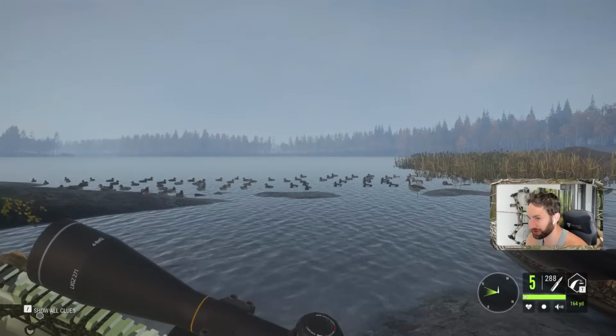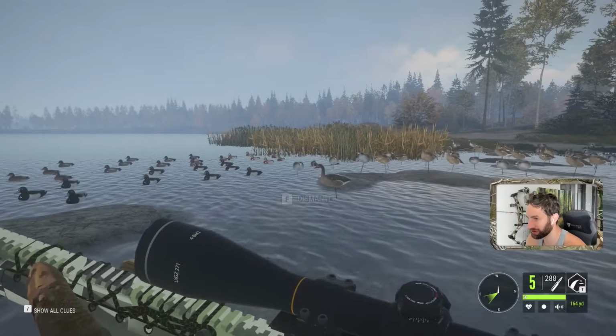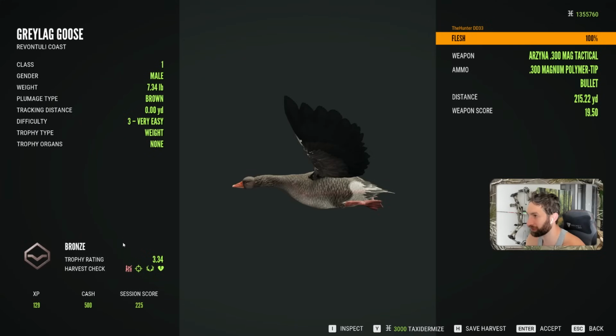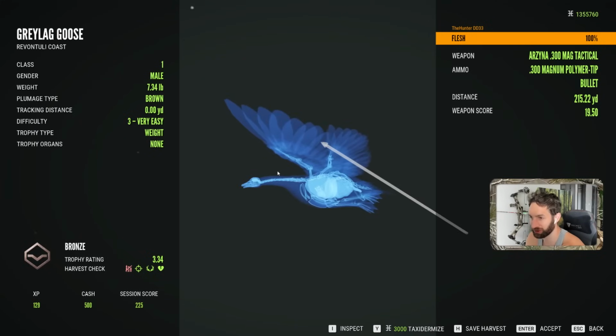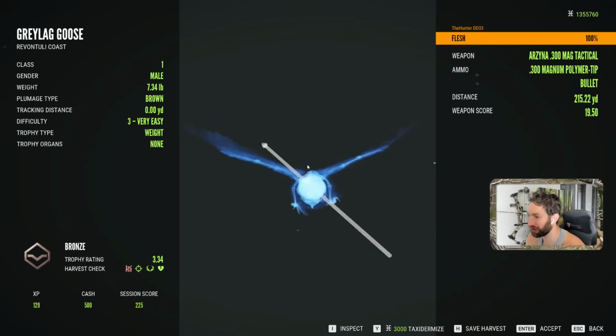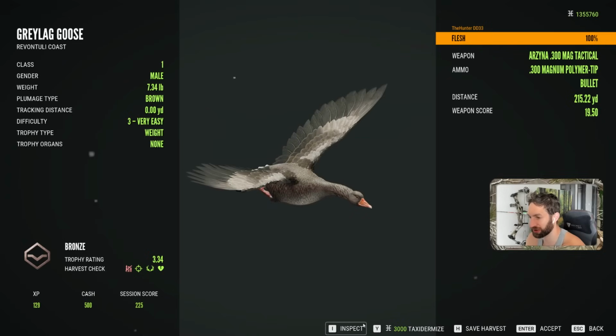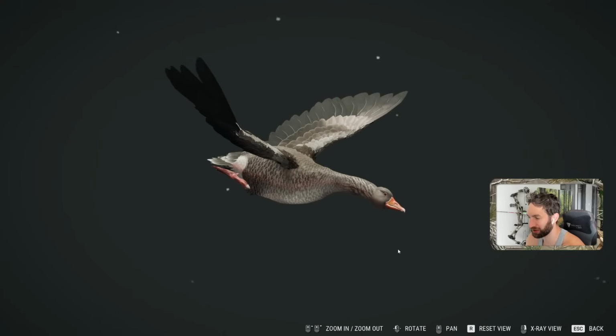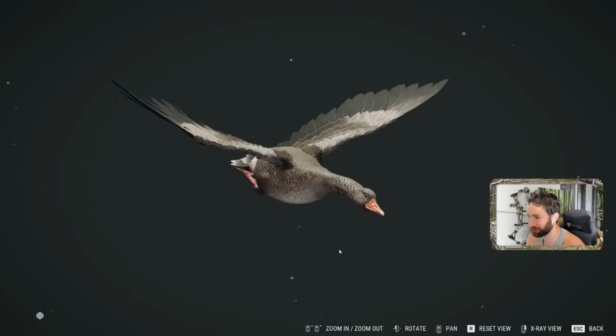Sweet, he did float in. Heck yeah. Look at this. We shot him way out there and he floated all the way in. There's our male gray leg goose. 3.34. and a 215-yard wing shot. Now granted, these shots here are not amazing by any means at all, but hey, they did take him down